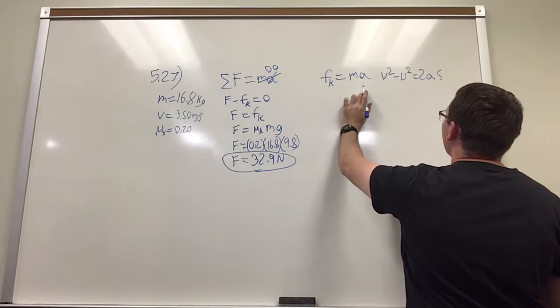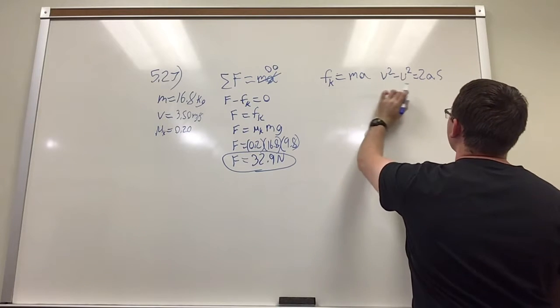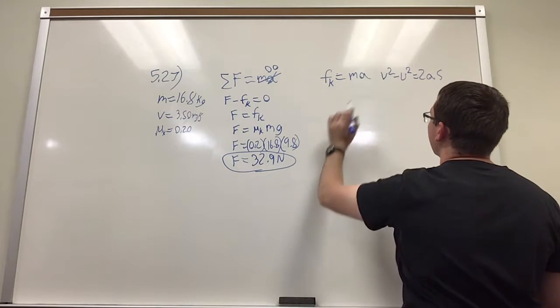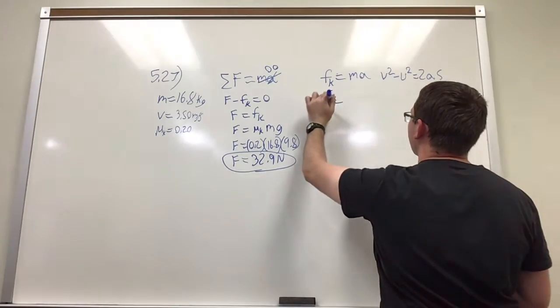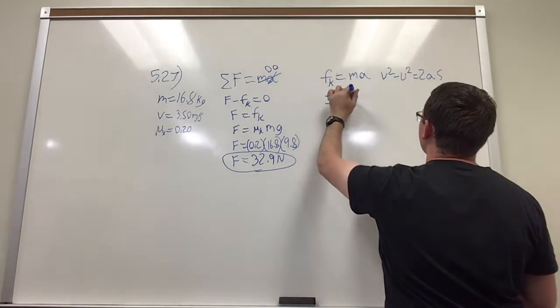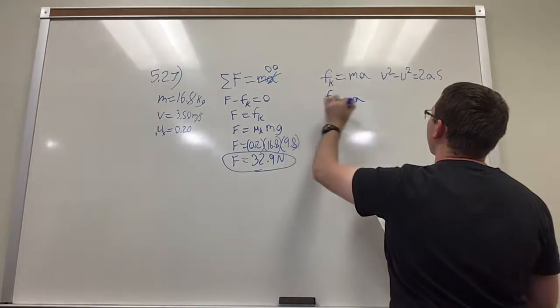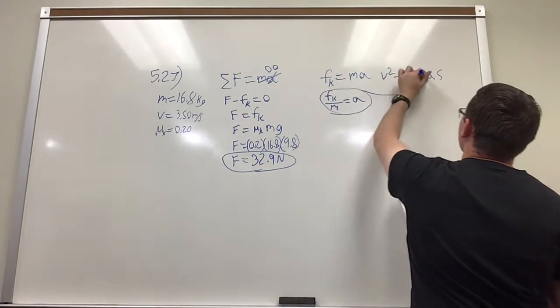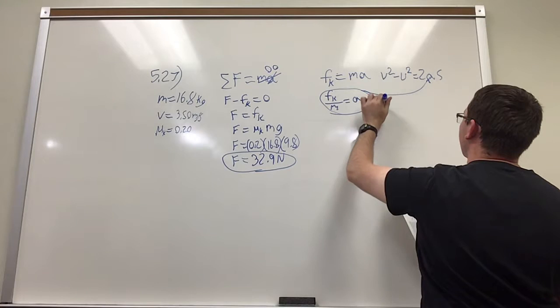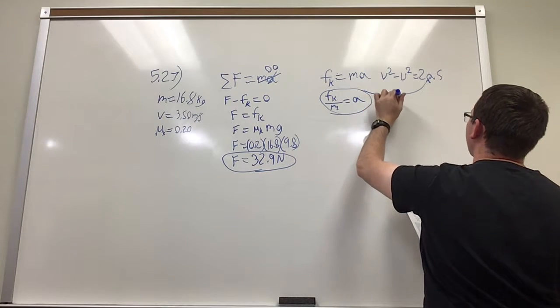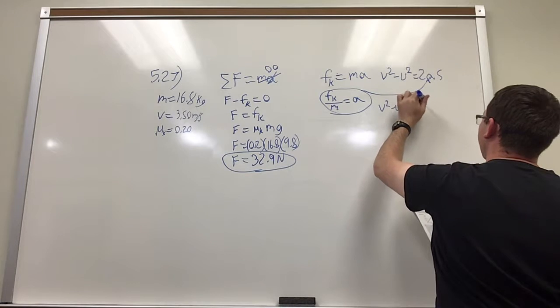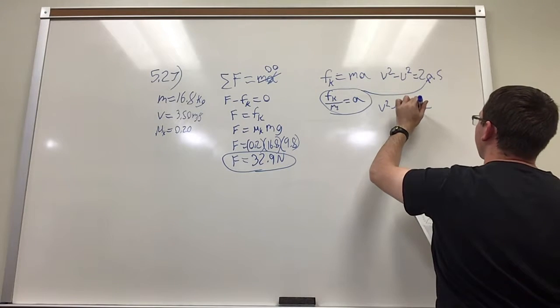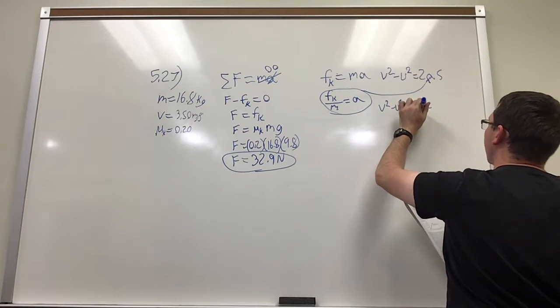So if we solve one of these for acceleration, the force of kinetic friction divided by the mass is equal to the acceleration, we can then input this in for a here. So v squared minus u squared is going to be equal to 2 times the force of kinetic friction divided by the mass